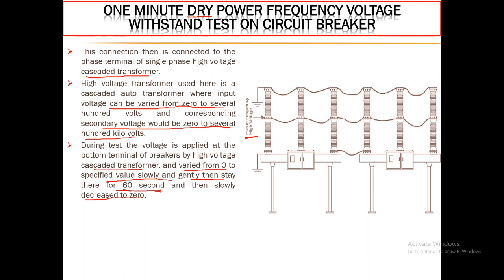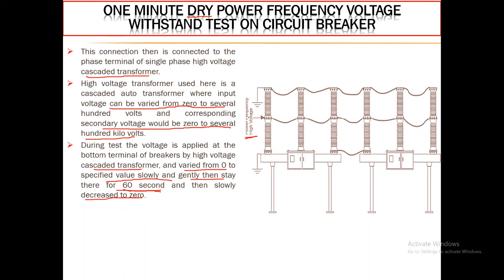During that time duration, the engineer has to wait and analyze whether anything suspicious or wrong is happening or not. If the insulation of this circuit breaker is not capable enough to withstand the applied over voltage magnitude, then on the control panel the sample fail indication will glow up prior to the 60 seconds. So one can analyze that the insulation is not properly designed and not capable enough to withstand the applied voltage magnitude for 1 minute of time as suggested by IEC standard.